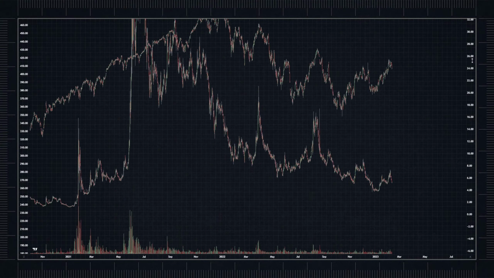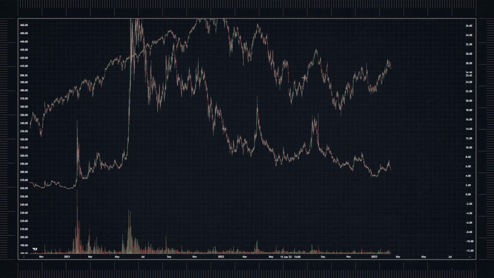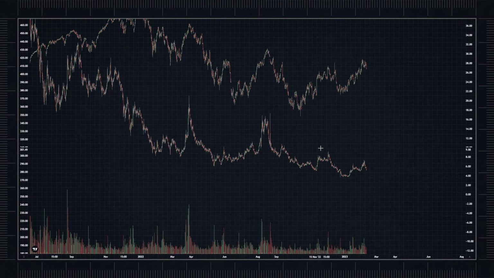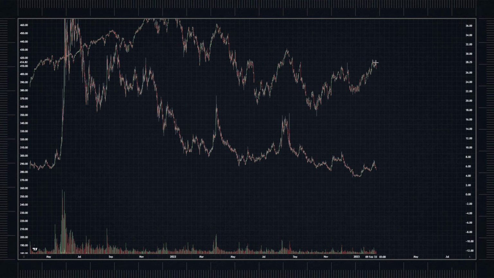Now, mind you that the last two major POIs we've had in the market have been in a bear market. Okay, this is a bear market, so you have a clear rejection to the downside. If we are entering a bull market again and we're starting to go back up, things are going to be different this time. You can see a small fake out and a continuation back up, even if the price is trading sideways.